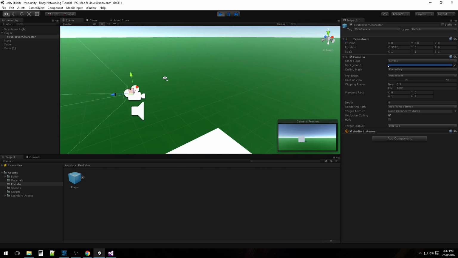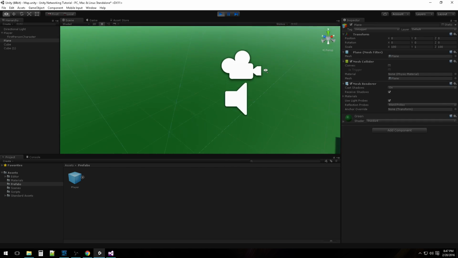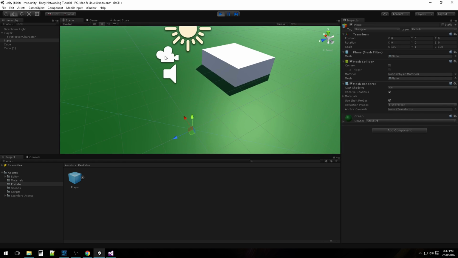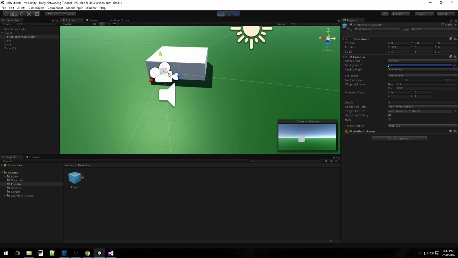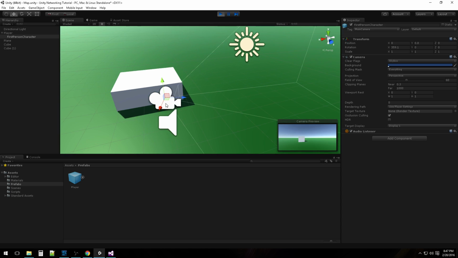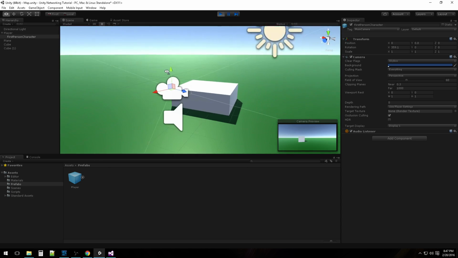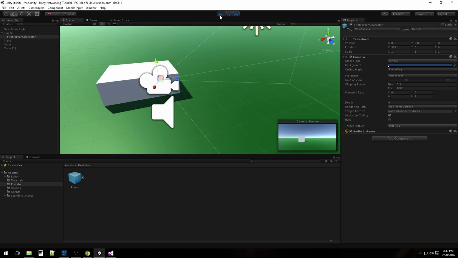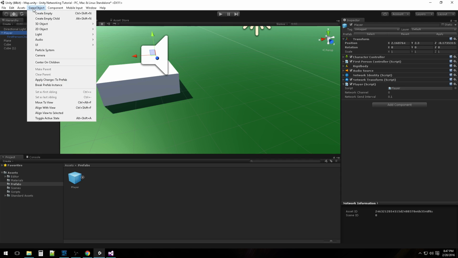Okay, so this is sort of what other players are going to see. And right now they can't see anything. They won't be able to see these icons or anything because they don't have the editor. It's pretty much empty. So let's fix that real quick by going up here and creating a